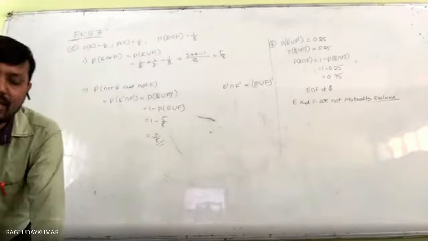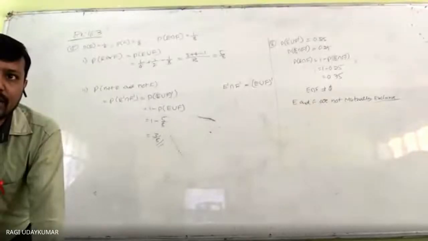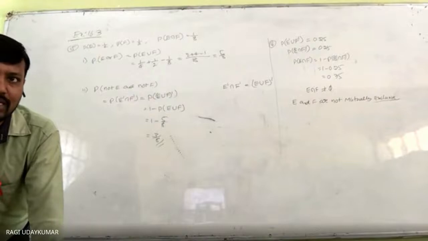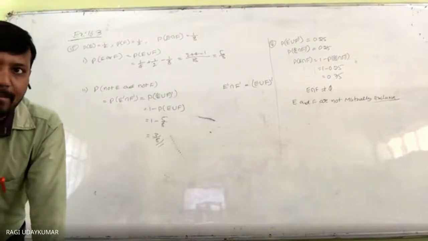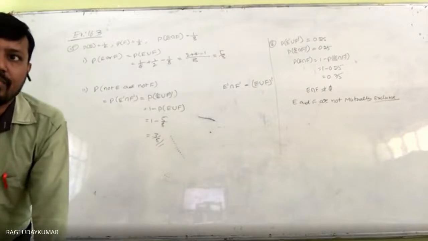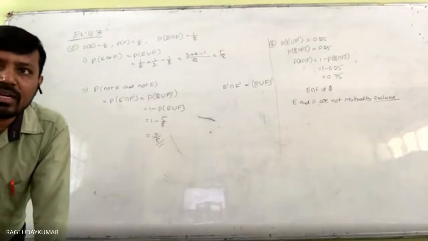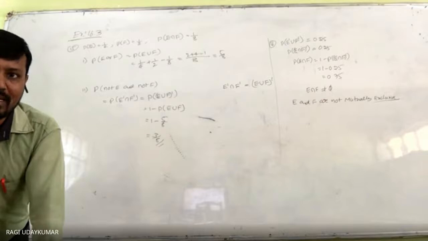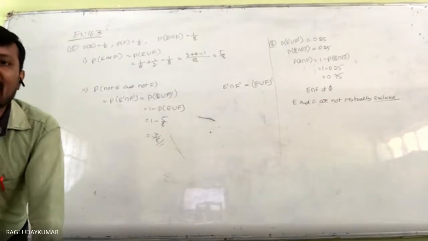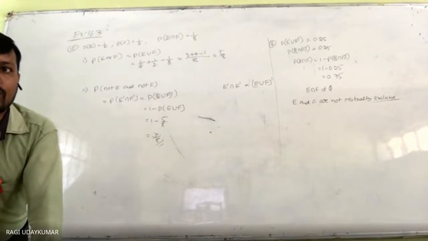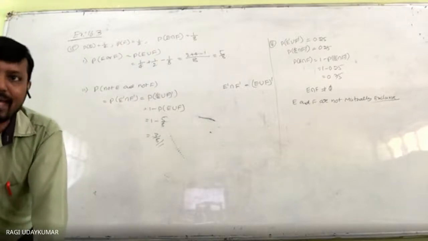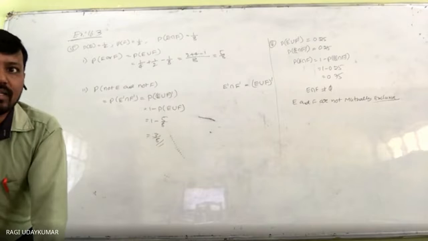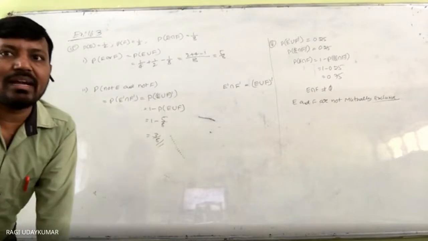In a class 11th of the school, 40% of the students study mathematics, 30% of the students study biology, and 10% of the class study both mathematics and biology. So that is probability of M is 40%, probability of B is 30%, and probability of M and B, M intersection B, is 10%. Probability of studying mathematics is 40 by 100. Probability of studying biology is 30 by 100, 3 by 10. Probability of studying both is 10 by 100, 1 by 10.